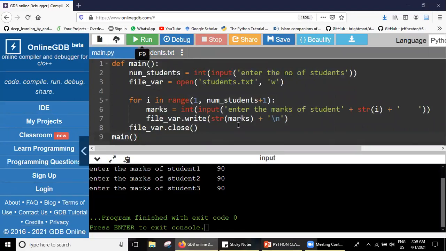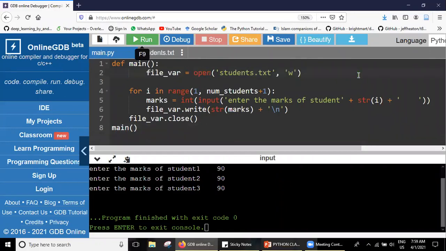This part is written. Now your homework will be to read this thing. You will write some lines of code to read. How will you do it? You will remove this first thing. You don't want to know the number of students, you just want to read. Try it as much as you can, and if you are not able to solve it, I'll try to help you in the next class.